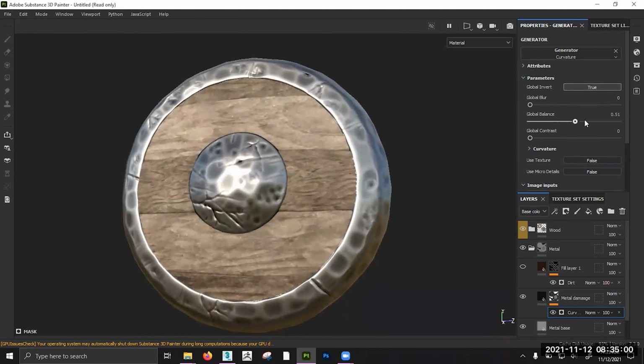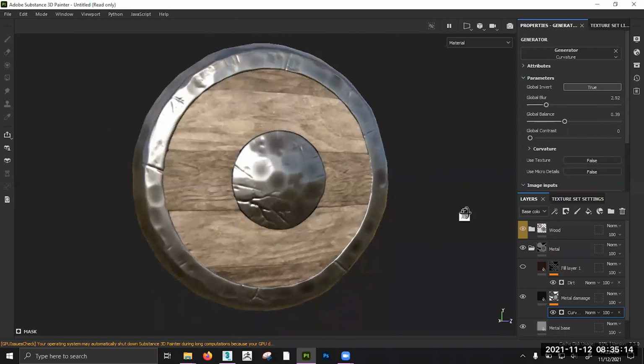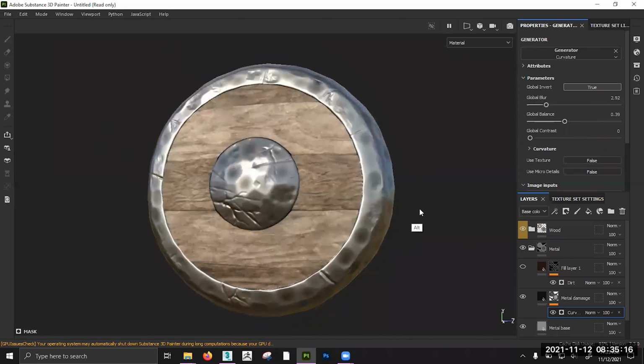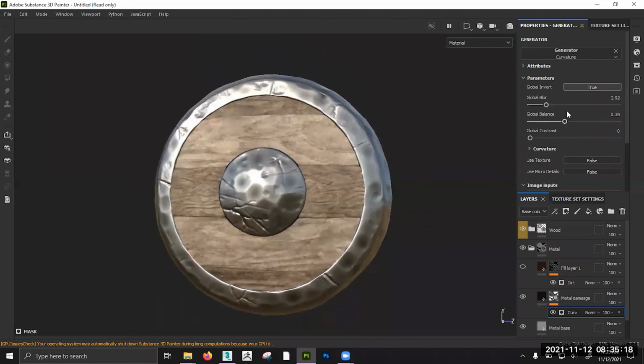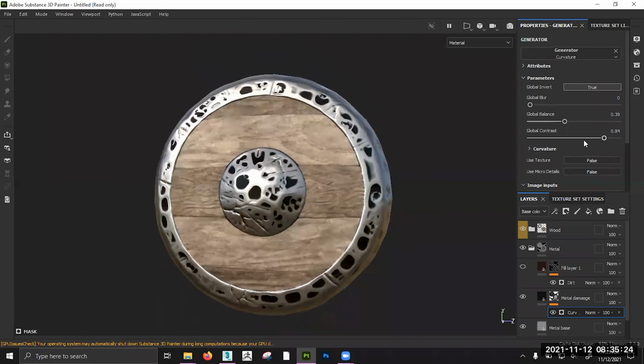And if I turn up these settings, I can move it into more areas. Like there's oil caked in those sections. And global blur will cause it to go outside of those. I'm going to turn that down. Contrast makes these edges harder. But if I do this,